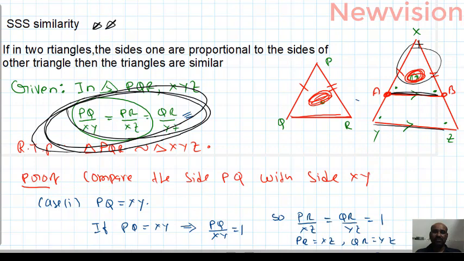After that I proved that this is similar to the bigger triangle. Okay, that is taken as equation 1. After that I tried to prove this triangle is similar to this. For that, I proved that side AB is equal to side QR. Already PQ equals XA, and PR equals XB. Now I put QR equal to AB. Therefore, these two triangles are congruent.